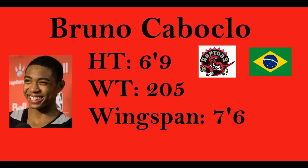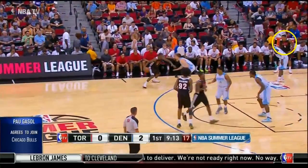He's a player from Brazil who was drafted by Toronto in the first round, and not many people know much about him. He projects as an NBA small forward, and you see he has very good measurements. And most people know he can shoot, and he's also a very good athlete, but what else? Let's find out. Taking a look at offense first, here he's top right of your screen, and he's going to